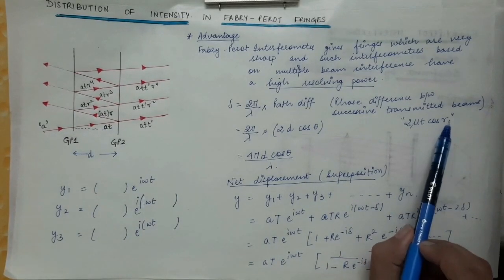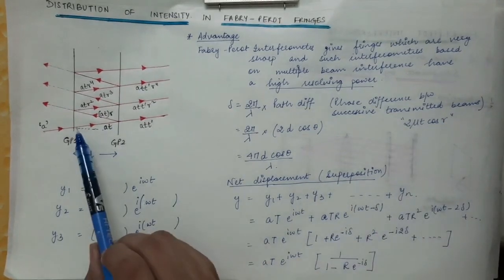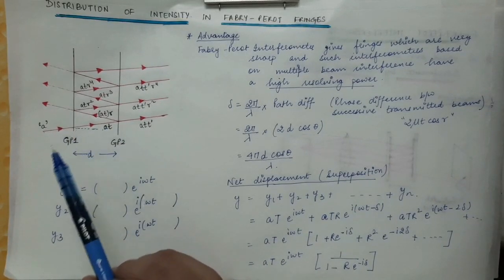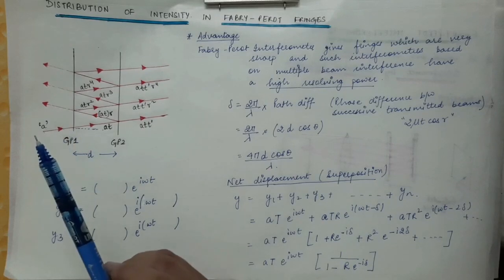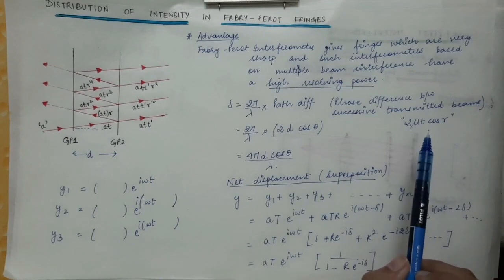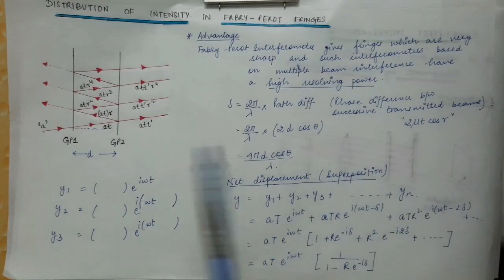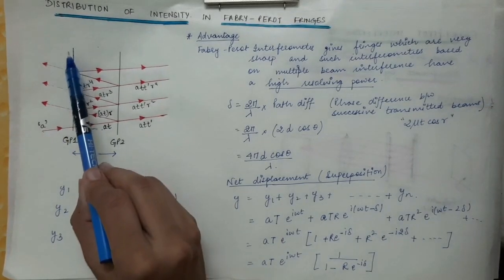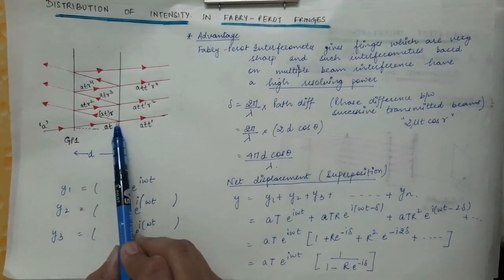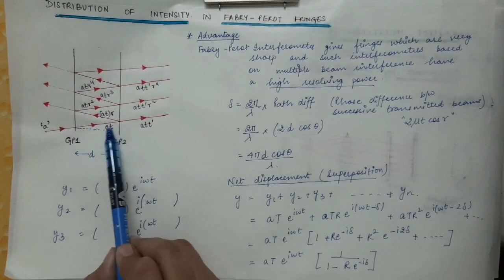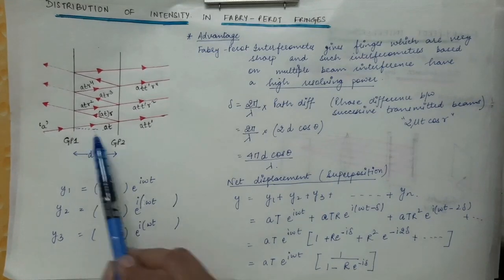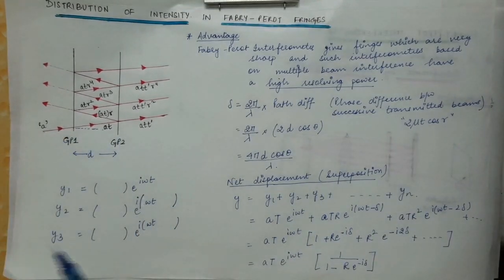So over here cos of r, where r is the angle made by this ray with the normal, is nothing but theta. But in the case of the thin film article, r was not equal to the angle of incidence, because there was refraction. But over here the refraction occurs in the glass plate, which is a very thin glass plate. The refraction occurs and then the transmission occurs. So this ray will be parallel to the incident ray. So the angle r in this case will be nothing but theta.